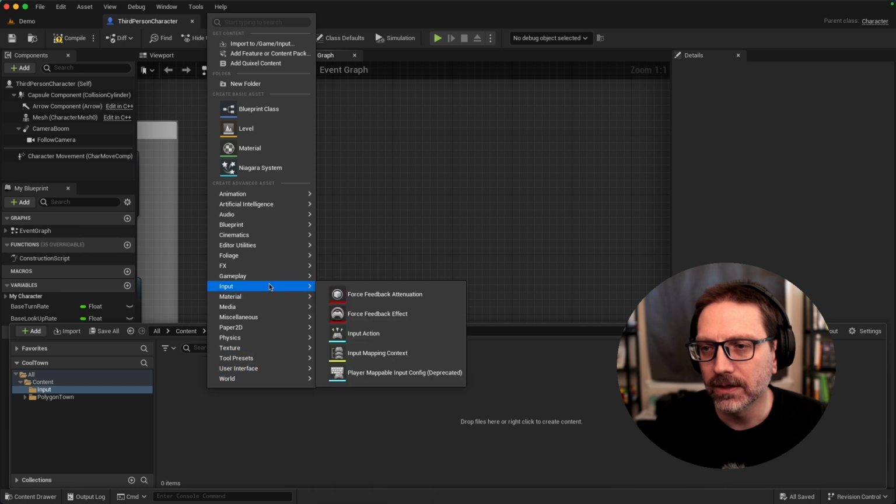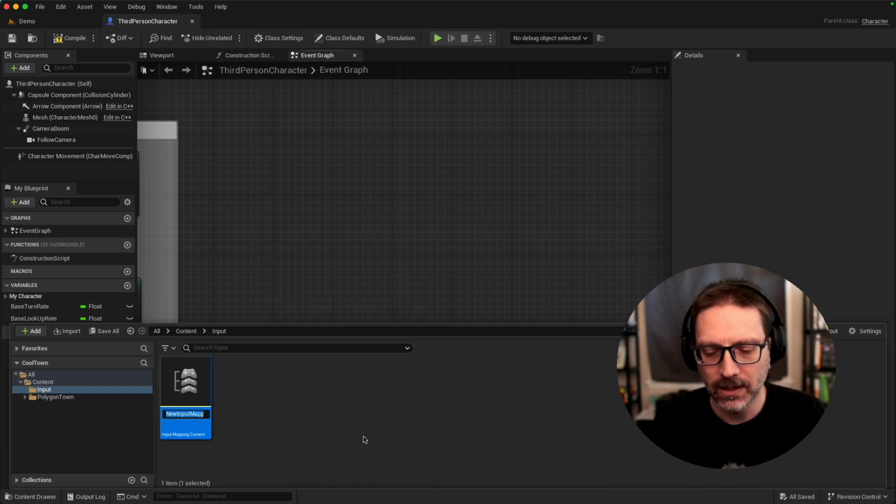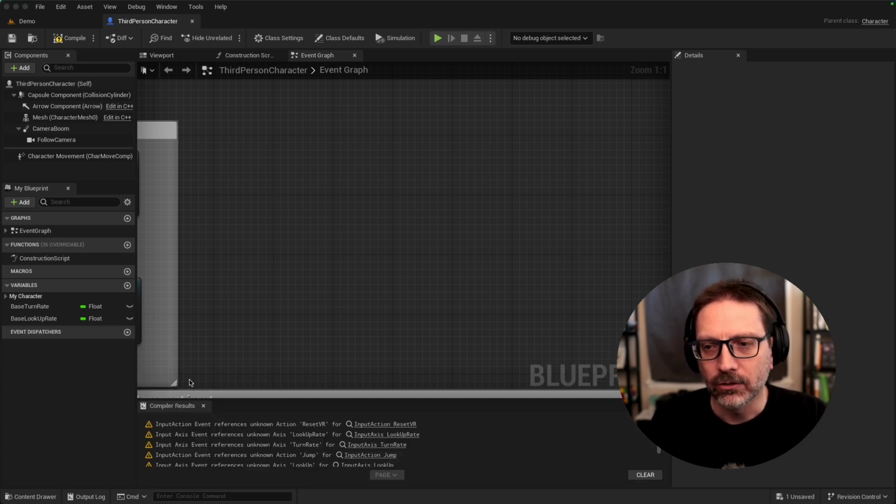So first of all, let's go ahead and create a mapping context. And I'm going to call it IMC for input mapping context, and I'm going to call it walking because this is going to be for all of the walking controls. We'll do driving controls in the next video. So for walking controls, when I open it up,